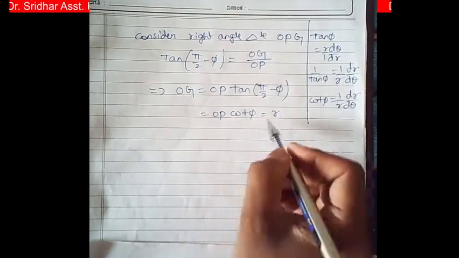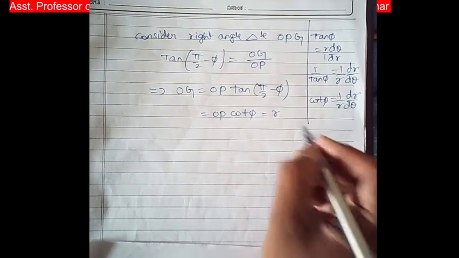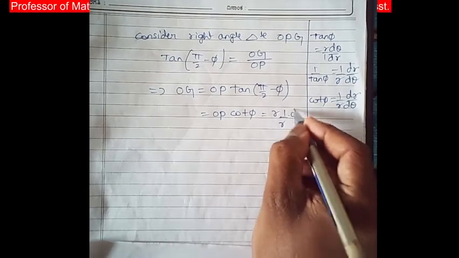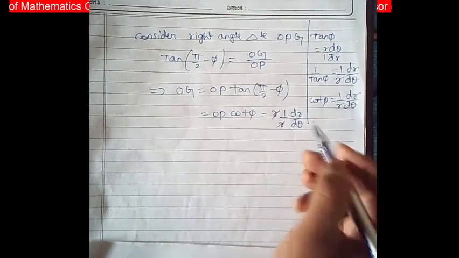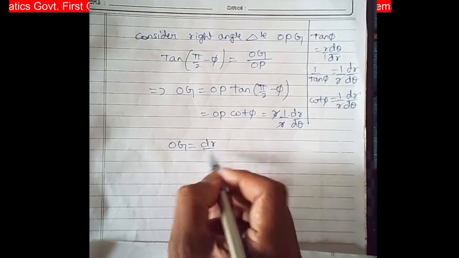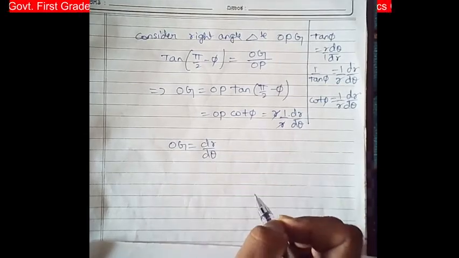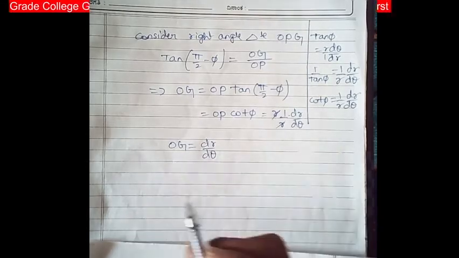So therefore this R into cot phi is 1 by R dr by d theta. So this R gets cancelled. Therefore OG is equal to dr by d theta. OG is equal to dr by d theta. So this is polar subnormal. So therefore